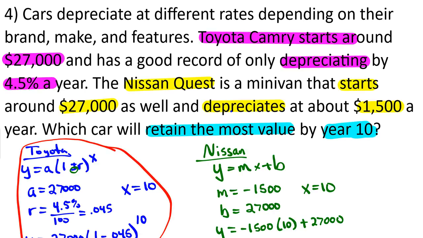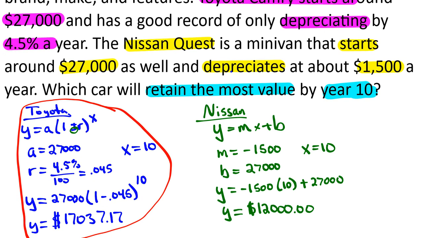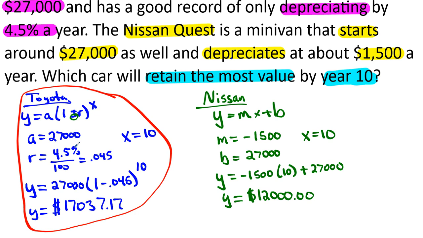Pause the video now. So, for number 4, we had 2 different cars depreciating in value, which means they were losing value. So hopefully you did the minus for the R value and the minus on the slope for the other car. We had the Toyota Camry that started at $27,000 and depreciated by 4.5%. So that was our exponential model right here. So we converted that percentage to a decimal, plugged it into our exponential model, and we got leftover